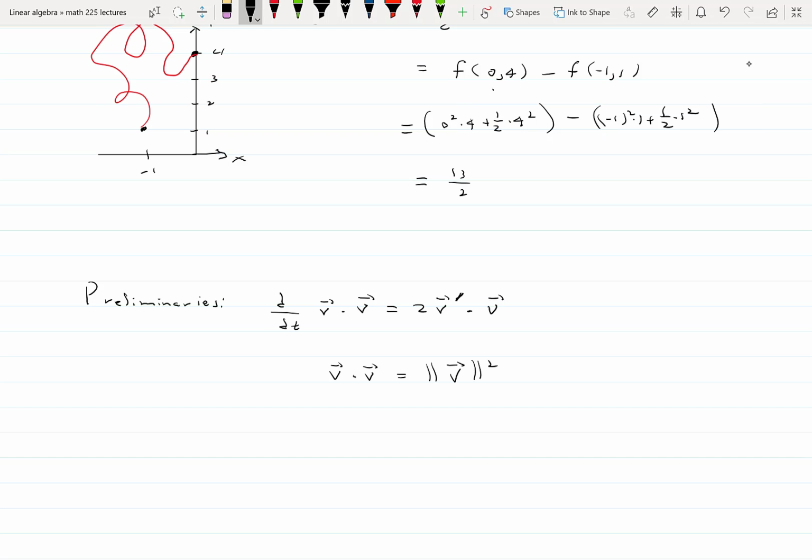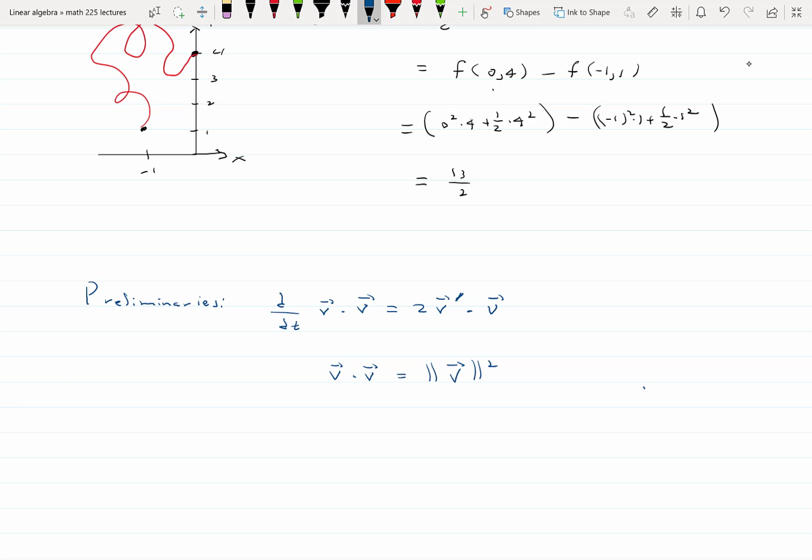Okay, so we need a couple of preliminaries for this last example. These are items from our past here, so I'm going to highlight them in blue. The first is that if v is a vector function of time, then